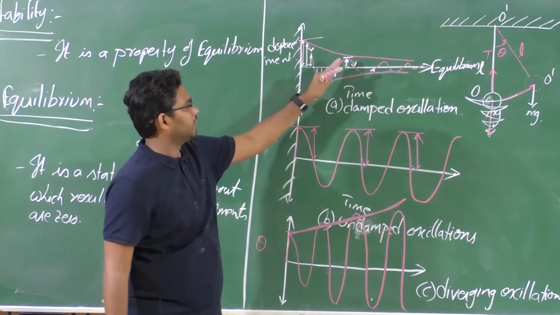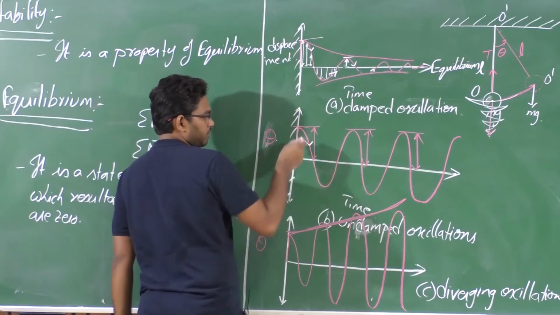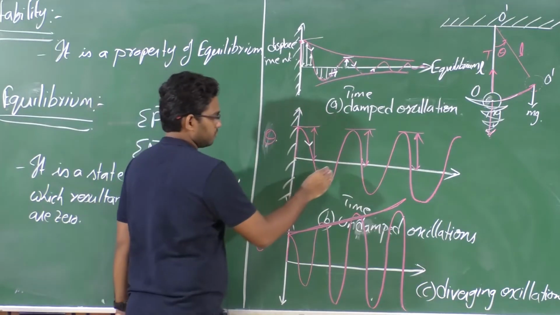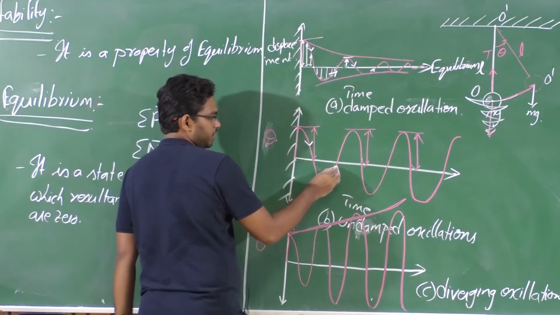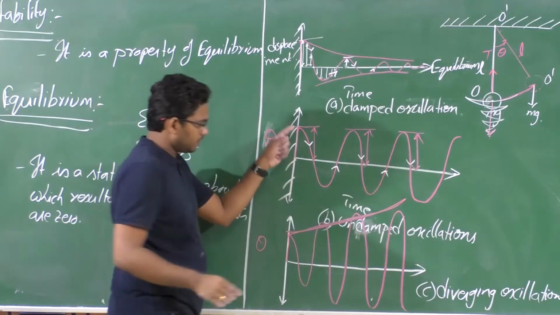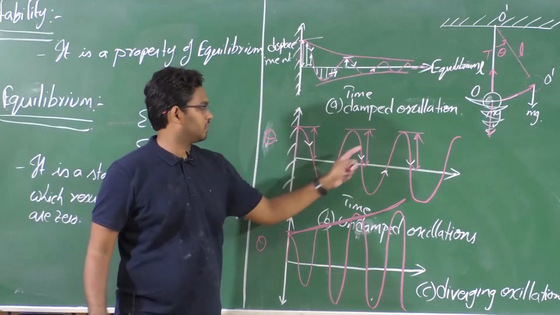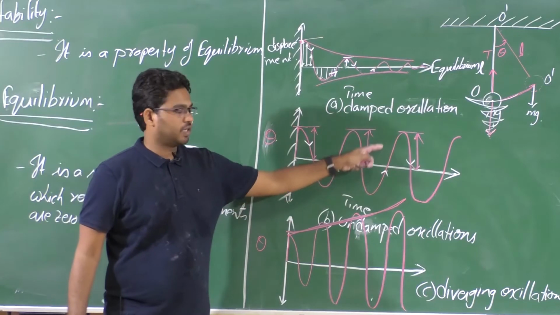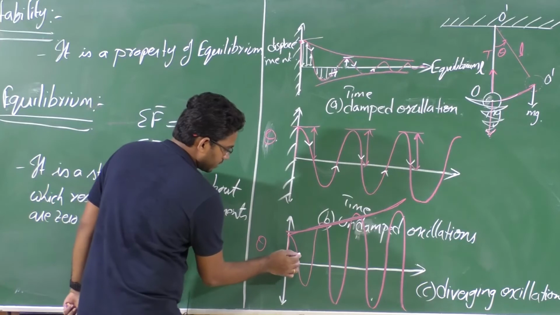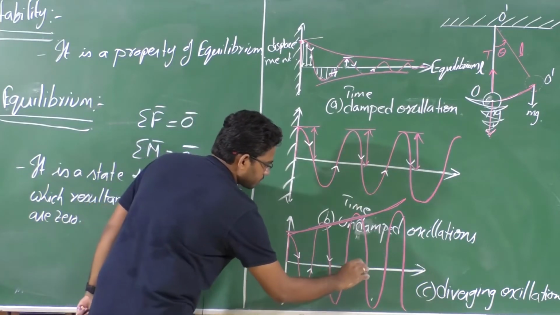So it has that initial tendency. Even in this case it's true, right? So this is our equilibrium. The system is trying to move towards equilibrium, isn't it? And even here it is the same. So though it is an undamped oscillation, we can see the system possesses that initial tendency to come back towards equilibrium. Am I correct or not? So consider this case as well. You have that initial tendency to come back towards equilibrium.